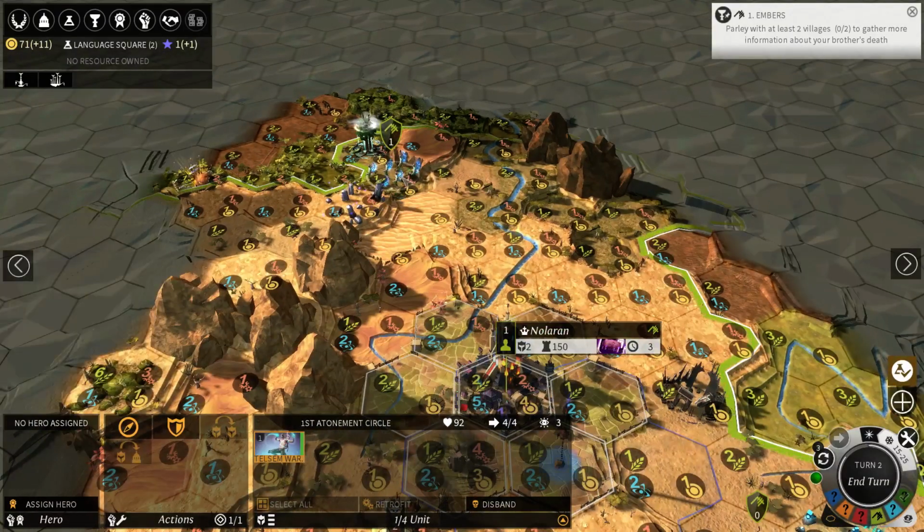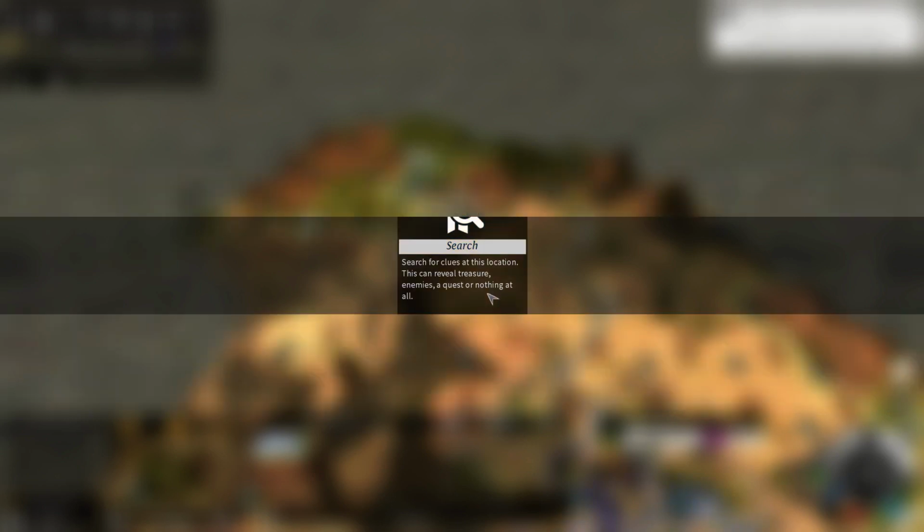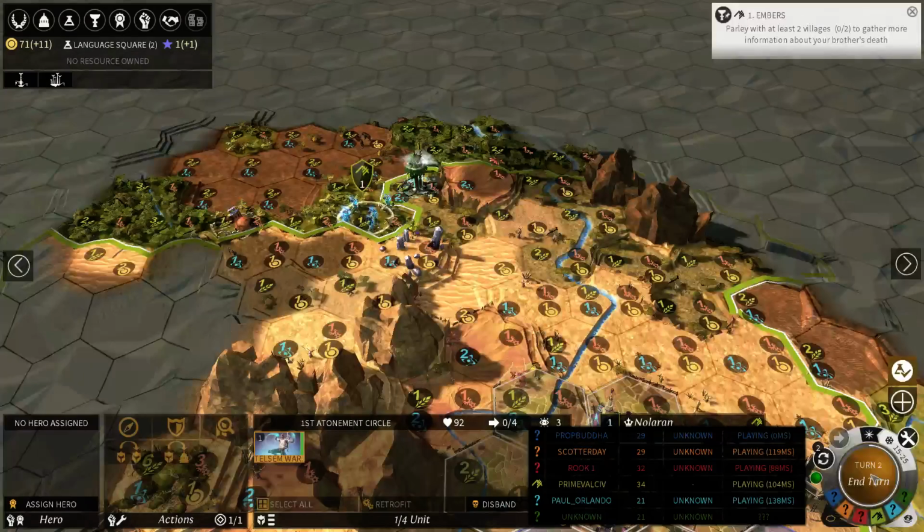Alright, so we want to parlay with 2 villages. Let's switch that over then to grab Language Square. And we're going to get that in 2 turns. We can do some parlaying then. I think these guys are pretty weak, the Warlocks, so we'll want to group them up fairly soon, and we're right beside...